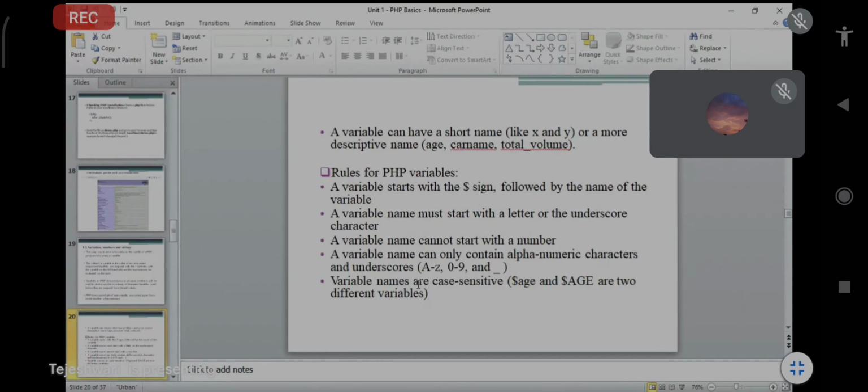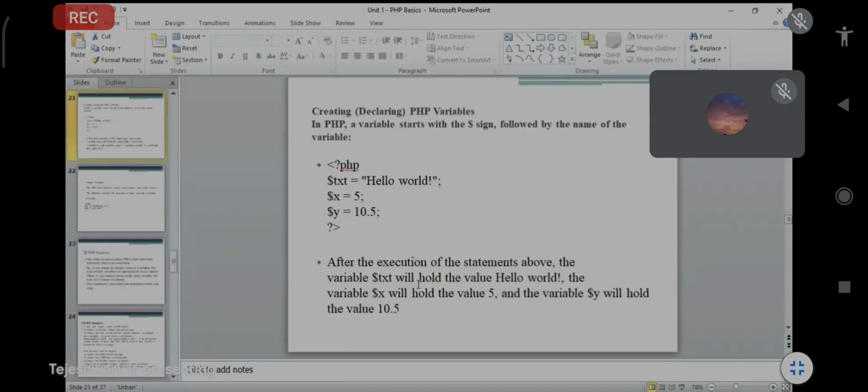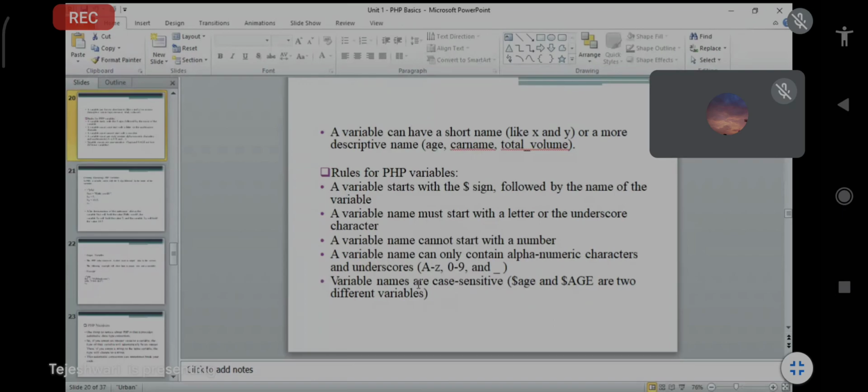The first rule is that a variable always starts with the dollar sign. This is an example of a variable, here we are using txt.